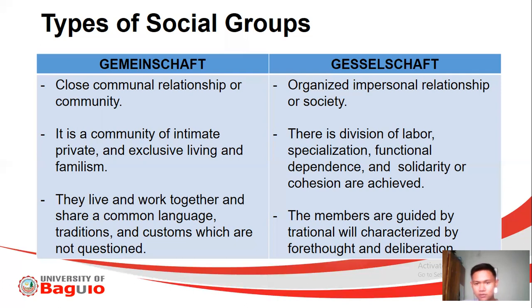However, when you try to compare here in Gesellschaft, tingnan mo naman yung living in an urban area or urban community. So ano ang urban community? So it pertains now about the city. It pertains about yung syudad natin here. For example, here in Baguio City, di ba? So we are located in Baguio, and if you're going to observe the community here in Baguio, the characteristics here in Baguio, of course, madaming mga buildings, madaming mga boarding houses, and all of those things.